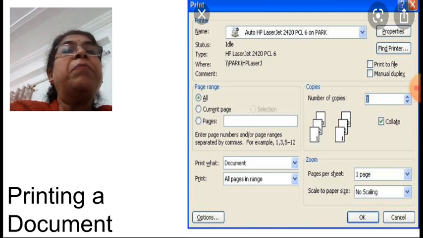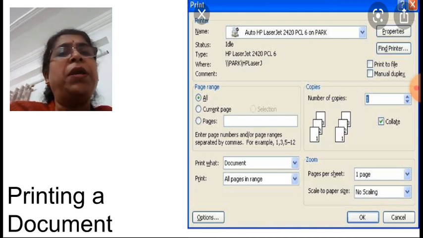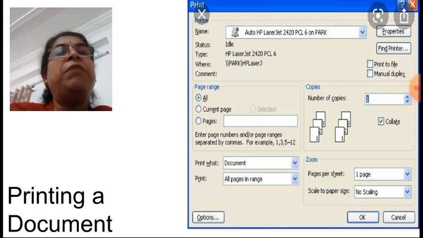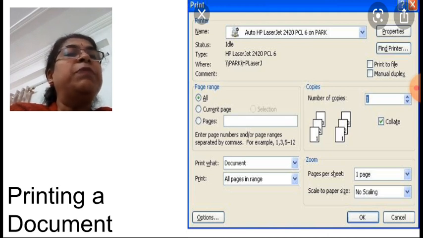And now here, page range means what? Suppose your document is very big. If you don't want to take all the pages as printout, you have to specify the range, how many pages you want, that is starting from page 1, or from the 10th page to the 15th page, or only the current page which is shown on the screen. All that you have to specify.